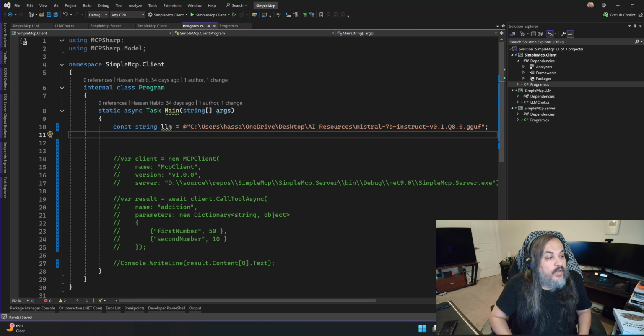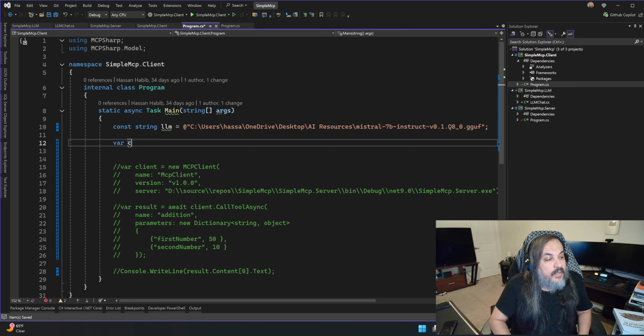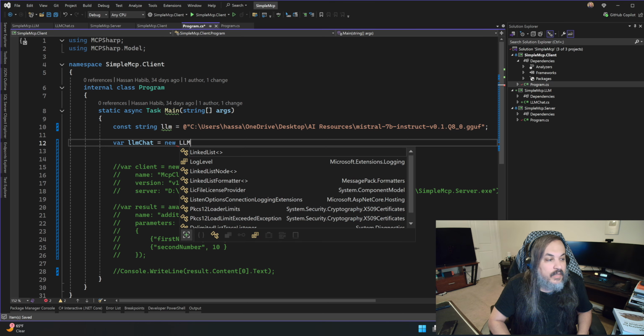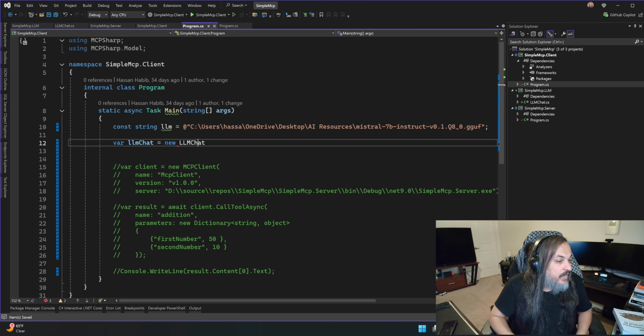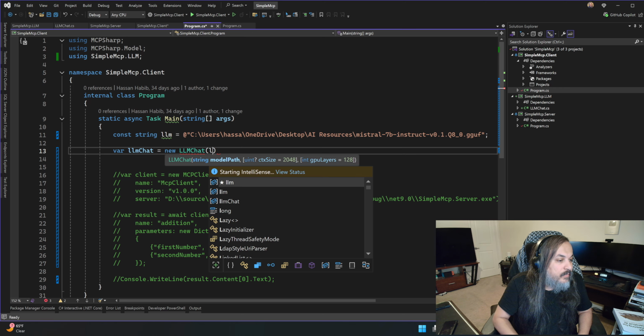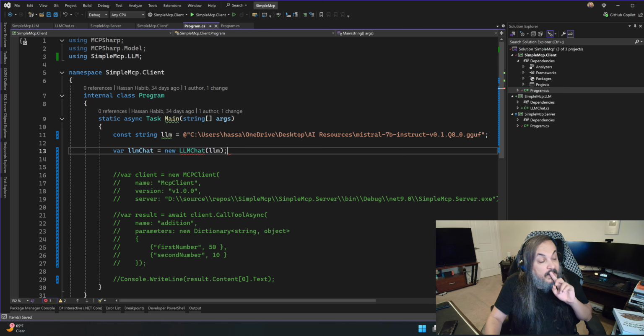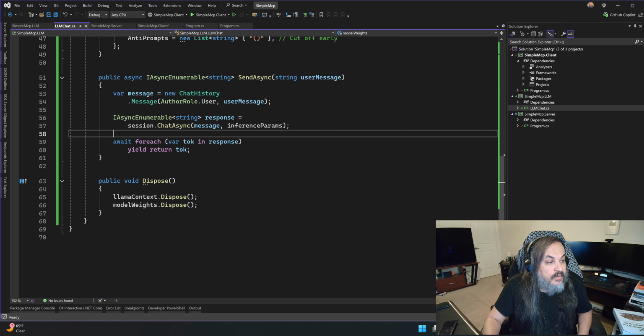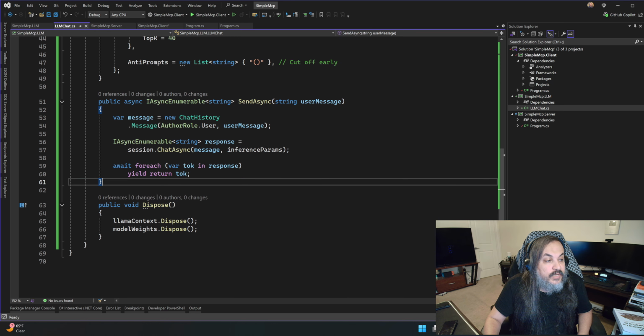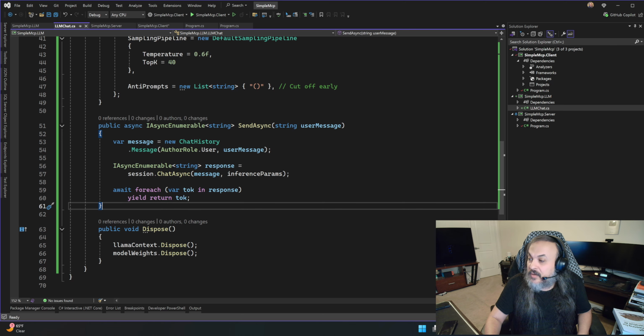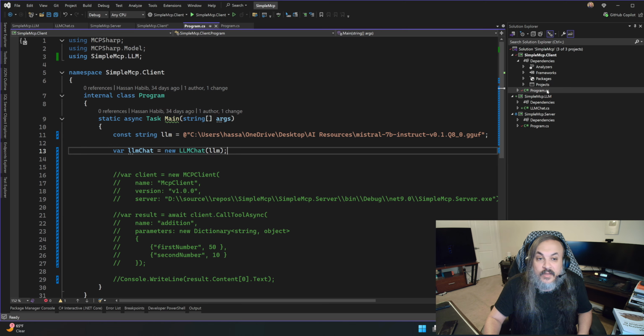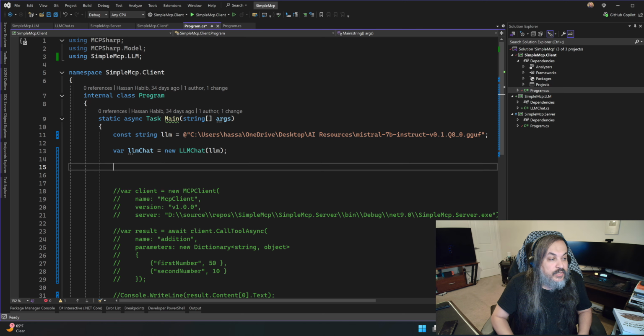And I'm going to go and initialize. So this is LLM chat, new LLM chat. It should go and add the reference for me. Great. And then I'm going to pass the LLM. Fantastic. And I'm going to ask it questions, right? Since this is returning a yielded awaitable for each, it's basically sending me back token by token by token, right? What I can do here just to test it, just to show you, is